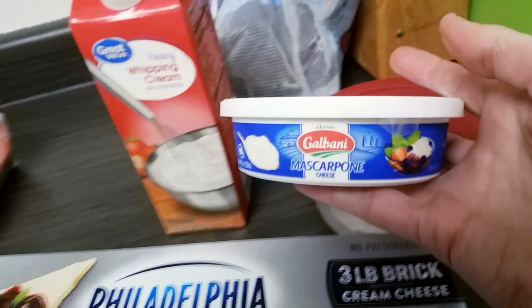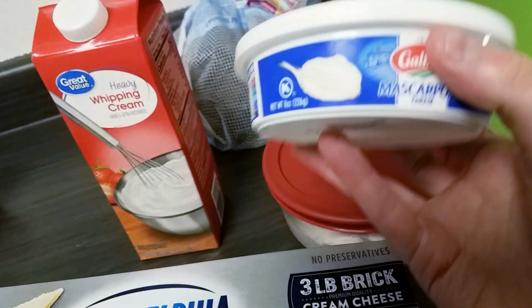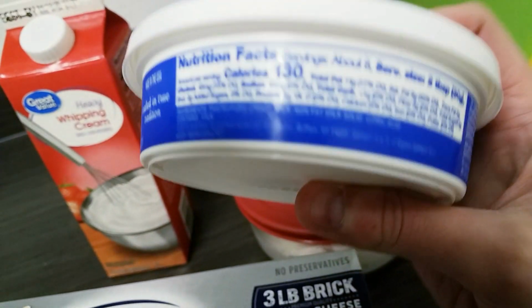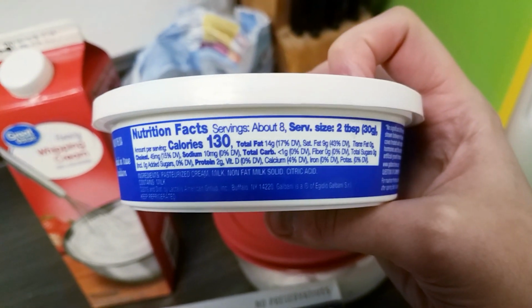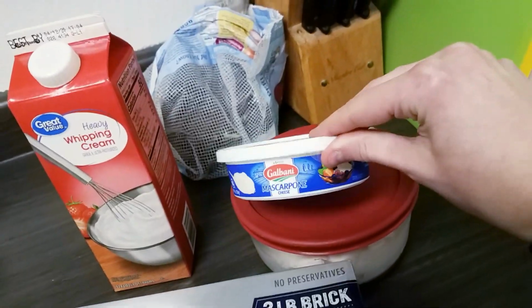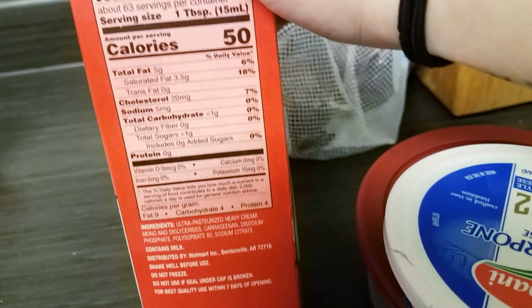Could also, I'm thinking of trying to make like a yogurt with this, and maybe some flavoring, but the mascarpone cheese is less than 1 gram of total carbs per 2 tablespoons. So since all of these are almost 0 carbs, I'm going to be using some combination of these to make